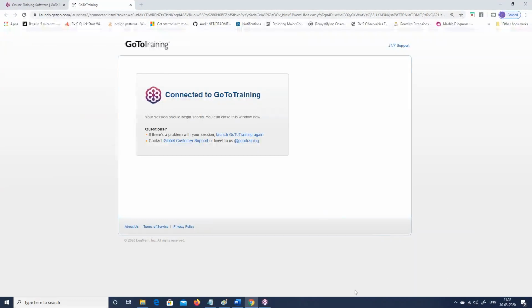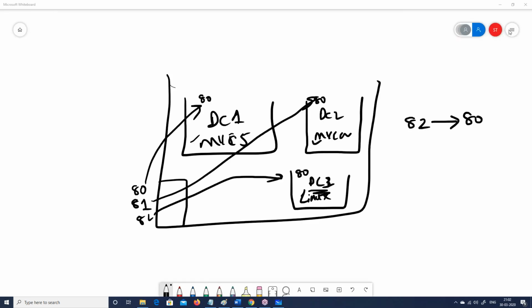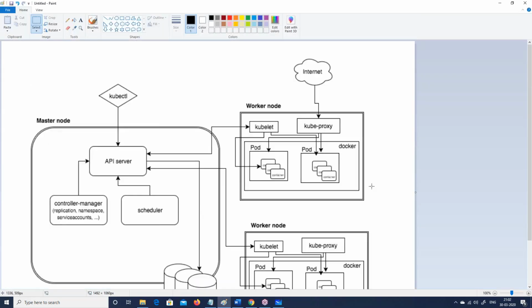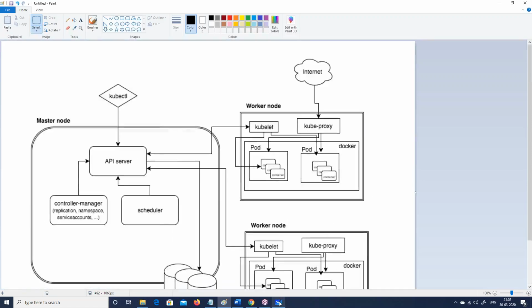So today's class is all about Kubernetes. I don't know how you spell that. Kubernetes, right? So what exactly is Kubernetes? Let's talk about it. I'm going to clear my screen out here. I have copy-pasted one diagram from the internet. I like this diagram; it is very simplified, and we can have a look at it. Kubernetes is for orchestration of your containers.